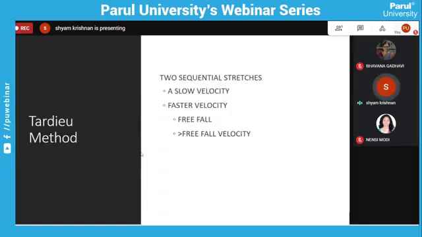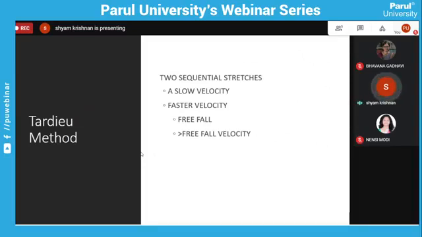Now the second scale or the second assessment method is known as the Tardieu method. The Tardieu method is more extensive than Ashworth actually. It recognizes all aspects of spasticity, in the sense it recognizes that spasticity is because of both neural as well as non-neural mechanisms. It recognizes that spasticity is dependent upon the velocity at which the movement takes place. So all these factors it takes into consideration for assessment.